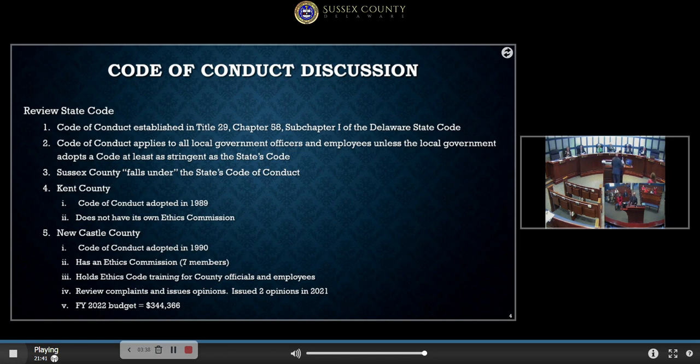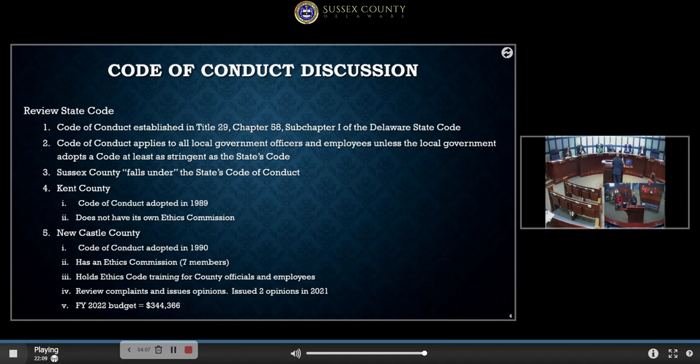When they do adopt their own code, it must be as stringent as the state code or more stringent. Makes sense. Because Sussex County has not adopted our own code of conduct, we automatically fall under the state's code of conduct. So if anyone asks you, does the county have a code of conduct? No, we do not. We fall under the state's code of conduct, which numerous jurisdictions around the state do.